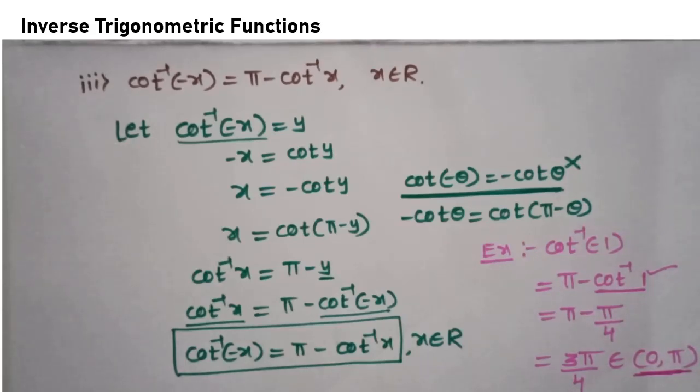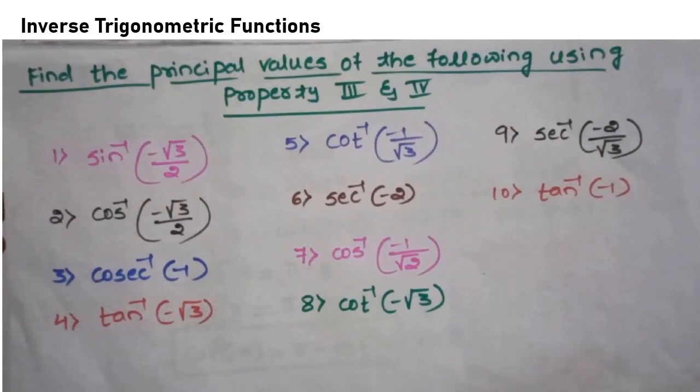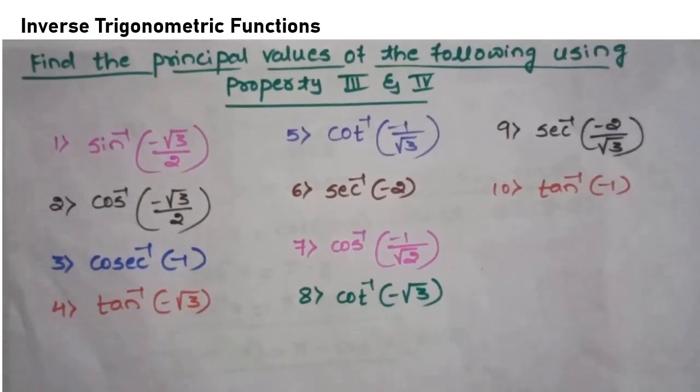Okay, so this is about all the properties. You learned property number 2, property number 3 as well as property number 4. Based on this I am giving some examples. Try to do these examples yourself. Already you found the principal values of the given data using the usual method, that is putting sine inverse minus root 3 by 2 is equals to y. That is also correct. But instead of doing that, now we'll use property number 3 and property number 4 to find the principal values